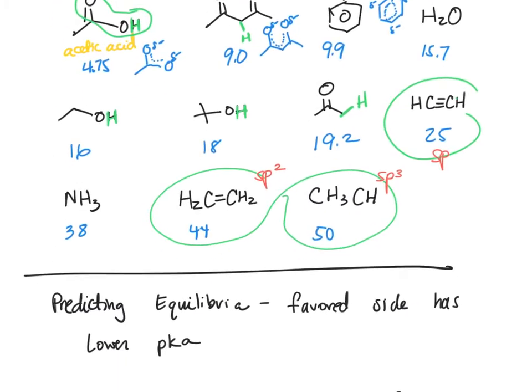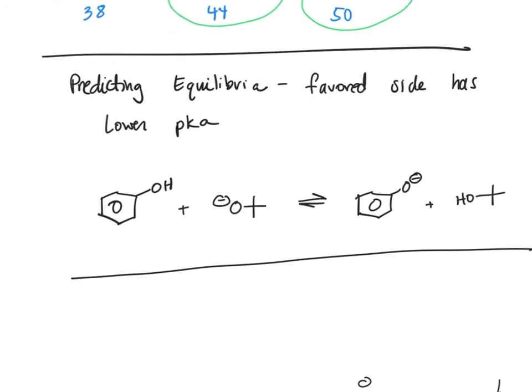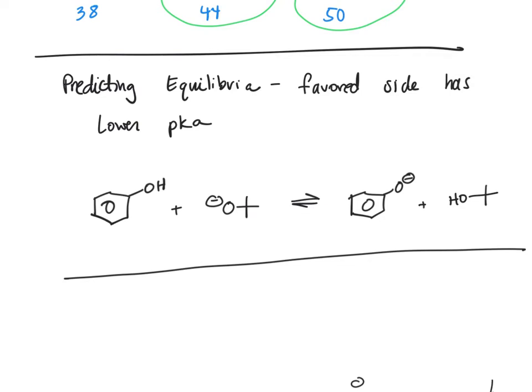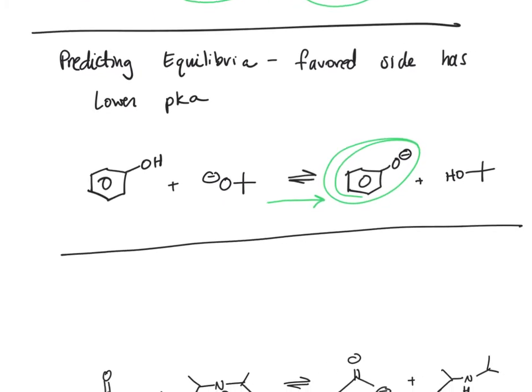It's important to be able to predict equilibria when you're considering acids and bases. And we want to predict the side that has the lower pKa. We know from that chart above that we're going to favor the side of the products here, but we don't want to know that because we've memorized that table. We want to know it because we understand that the phenoxide has